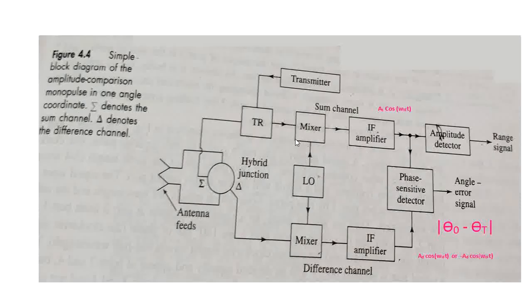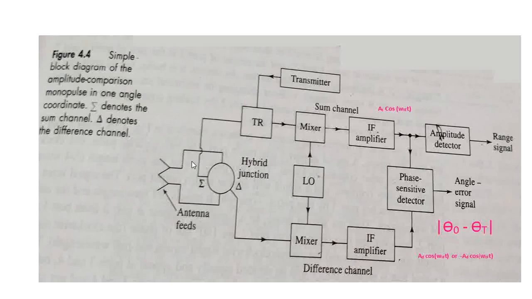And coming to the point, we are going to discuss the monopulse tracking of the one angular. What do you mean by one angular? As we know, in order to calculate the angular error, we are going to use range or theta phi. Theta phi may be the elevation angle or azimuth angle. Here we are going to calculate either one of these, that is azimuth angle or elevation angle. That is what we call a one angular monopulse here.